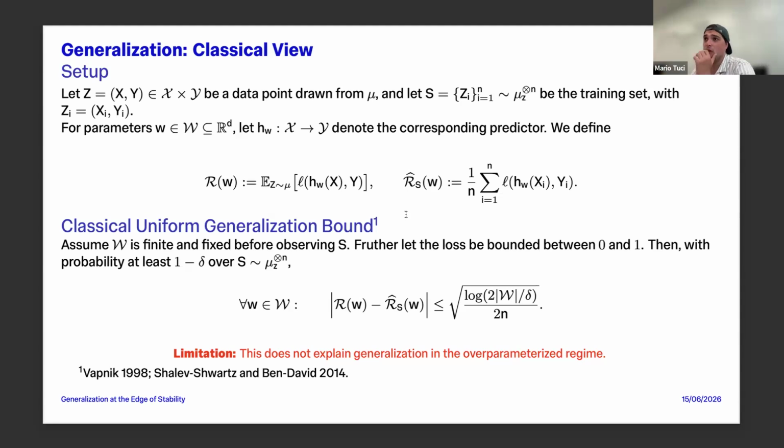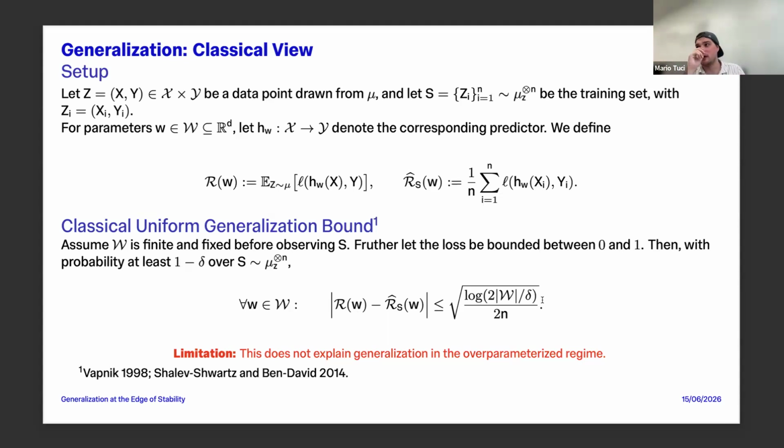So it was shown that when we have a finite fixed hypothesis set of weights, which somehow parameterize your predictor function, and the loss function is bounded between 0 and 1 (it doesn't have to be between 0 and 1, but let's assume it), then with high probability, the gap between those two can be bounded in terms of that. So the interesting thing here is already, okay, we have a gap, so we know something about it.